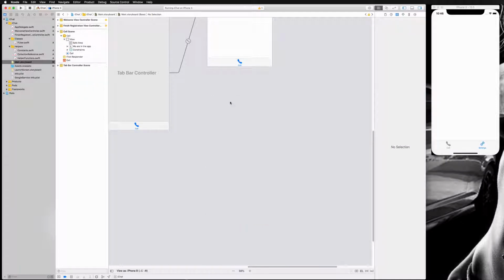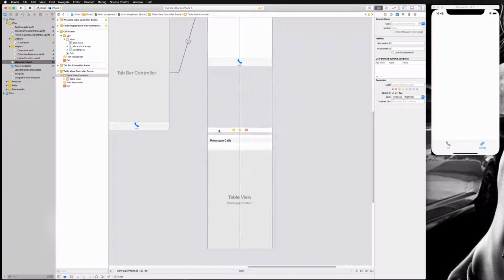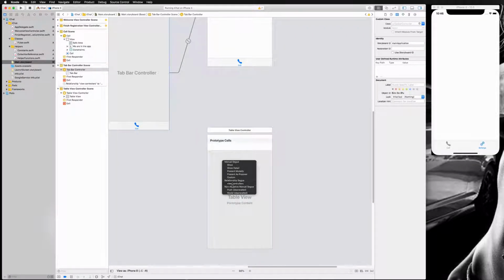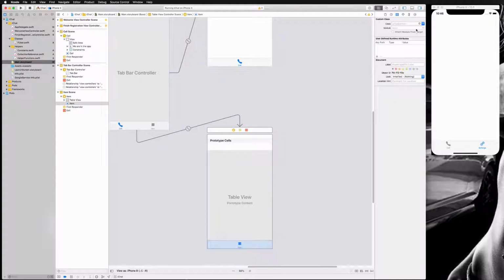So I'm going to delete this. And what we need here is a table view controller. So I will drag out a table view controller here, align this, and I'm going to command drag to our view here, and I'm going to set relationship segue so we can connect this. And now I'm going to set my image again. Settings is the text and image is again